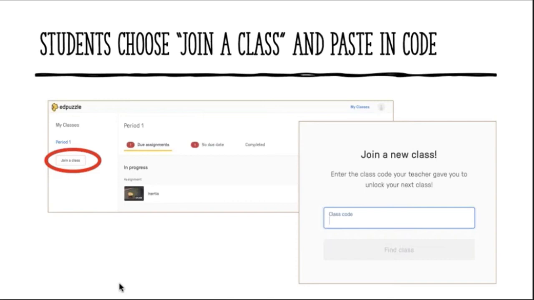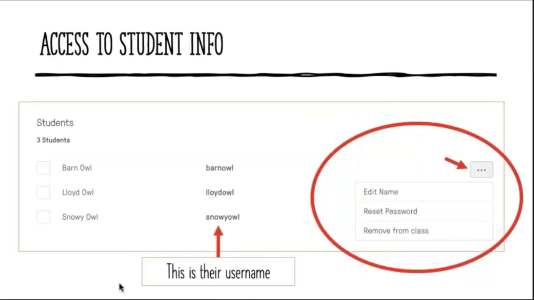And that's it. You also have a ton of access to their account, which is really nice. You can see their username in case they ever forget it. You can also reset their passwords. I can do this too, because remember, they're all going to be in my account. So if we get help tickets, help desk, then I can reset passwords and whatnot. But you as a teacher also can reset passwords and look up their username should they have confusion about what it is.